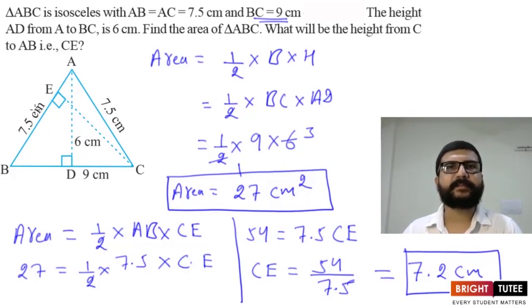So in this session we have seen many questions based on areas of parallelogram and triangle. Now we know how to find area of parallelogram. It is base into corresponding height, and we can consider any side as a base of the parallelogram, and we have to consider the height according to the selection of base. And then we have seen questions on areas of triangles as well. So area of triangle is equal to half into base into height, or we can say half BH.